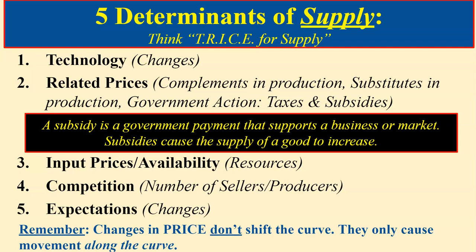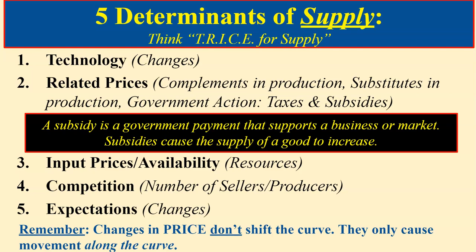It's going to shift the supply curve rightward or outward if the input price is actually dropping, because they're able to do more with less. Competition: if there are more sellers out there, more producers, more businesses participating in creating product, that may not necessarily be good for your company, but it's great for the supply curve because